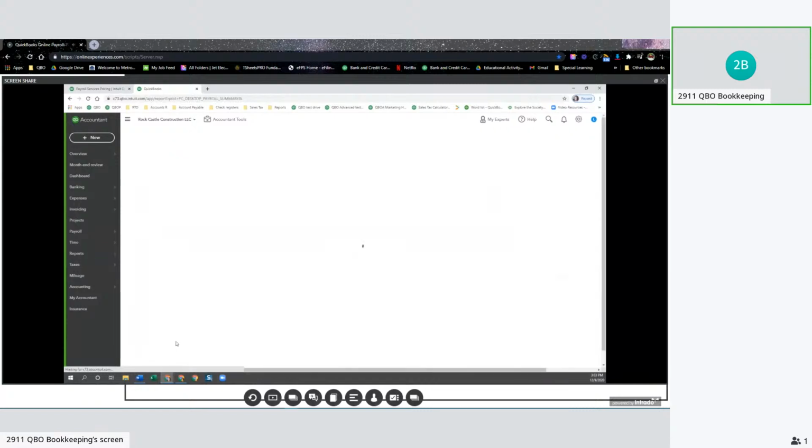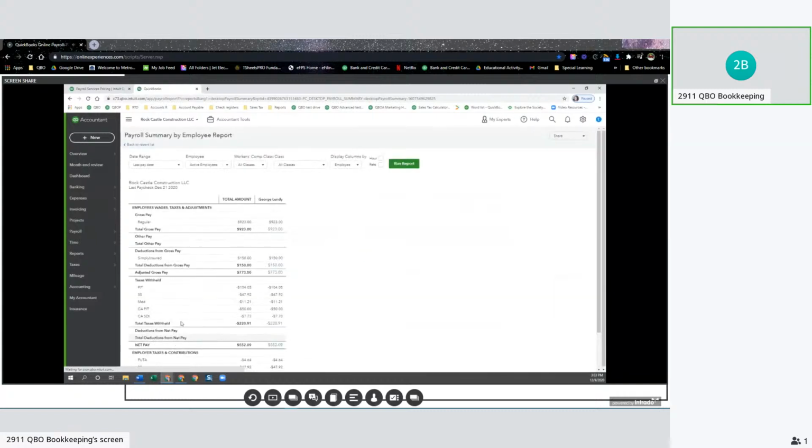So I'm starting with the payroll summary by employee report. The reason that this payroll report is so powerful is I can say my last date, or I can even look at the last quarter, or the last year, or this year, and then I can say I want to include active and inactive employees. Why that's so important is sometimes whenever you go to run a report for audit purposes and you say only active, you've missed some of the activity that's happening. So you might want to say all employees. And then you can say run